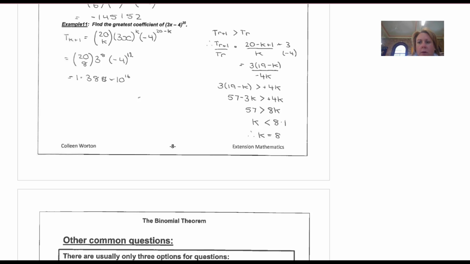The greatest coefficient. Okay, finding the greatest coefficient. I want the term before it to be smaller than the term after it. So I need to use my ratio of the terms formula, and I've subbed into that formula, which is at the beginning of this video, and I can say that 3 minus 9k has to be bigger than 4k, because